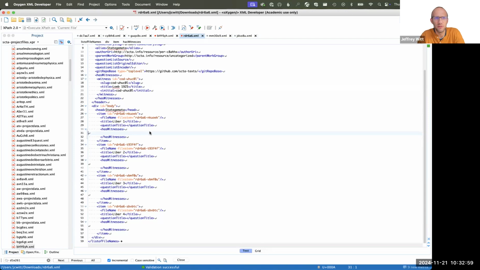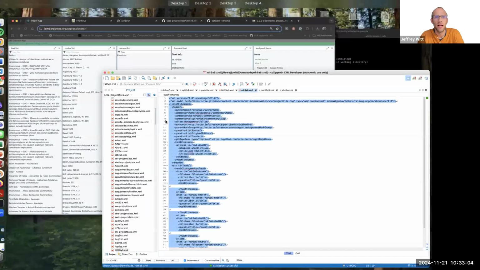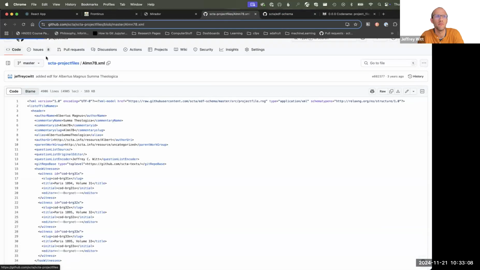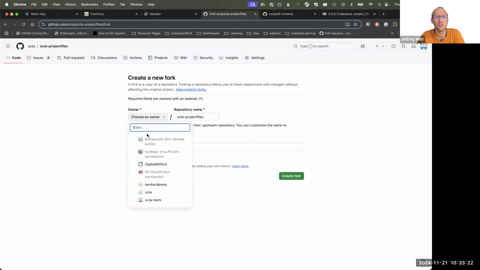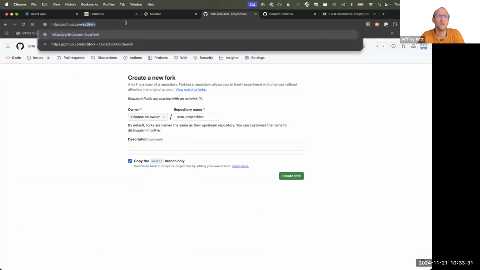So if that works, if you succeeded in that, I would just copy this to the clipboard, and we could actually submit a pull request. So presumably you can find the SCTA project files folder, and I'll try to drop these links in below the video. But then you'll need to fork your own copy. I've already forked mine, so you'll see that it'll say I already got a fork. So instead, I'm going to go directly to my account, which is going to be,